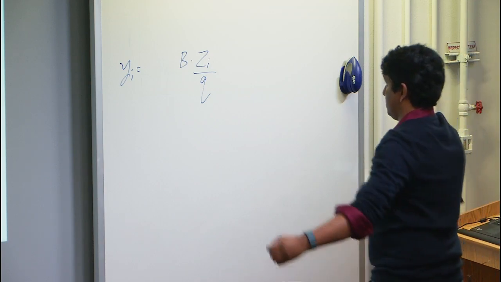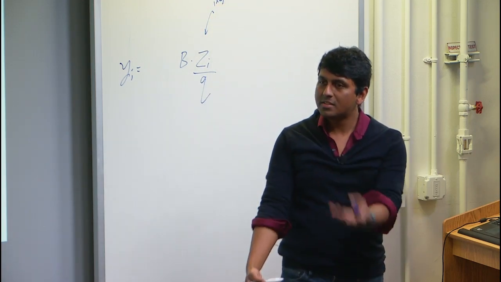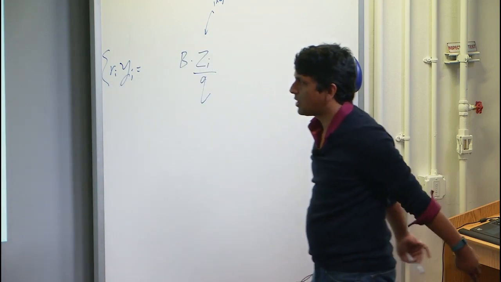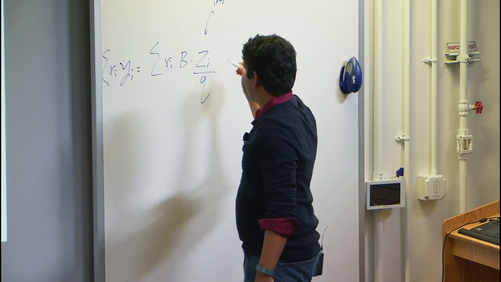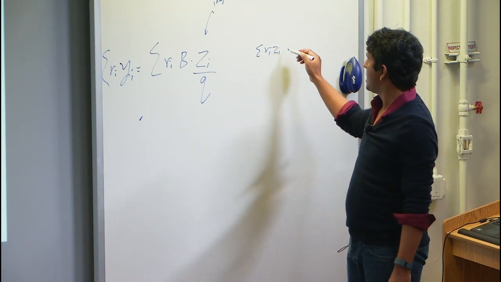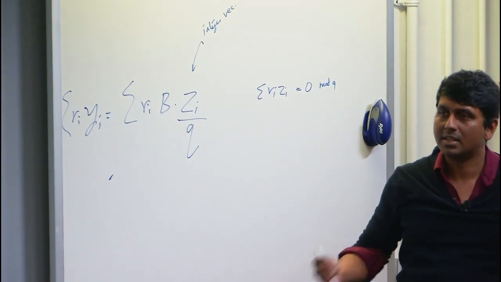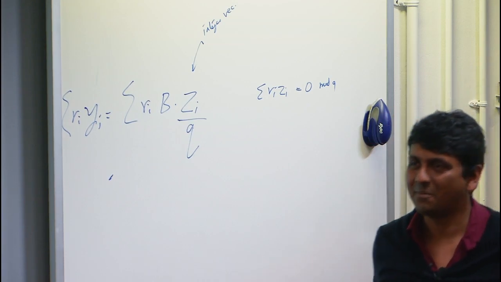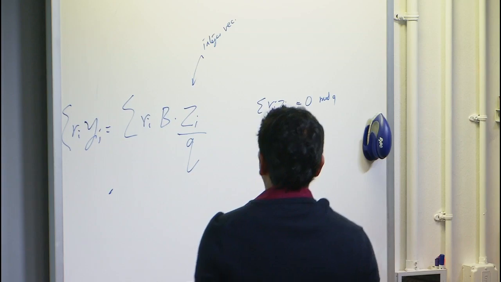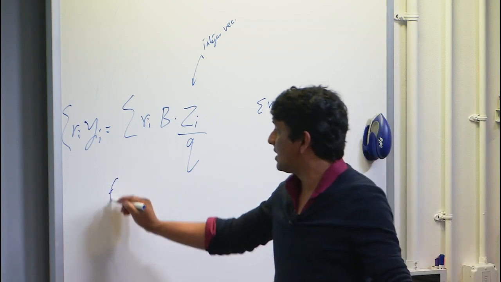Right? That's what it is. And Zi is an integer vector. What did this oracle just give me? He gave me a sum of Ri. So I just computed a sum of Ri Yi, which is a sum of Ri times this. But now the point is, if you look at the sum of Ri Zi, I claim this is 0 mod Q. That's exactly because it follows from the way I defined the Zi's. And therefore, this creature, the sum of Ri Zi over Q, is an integer vector. So this guy is a lattice vector.